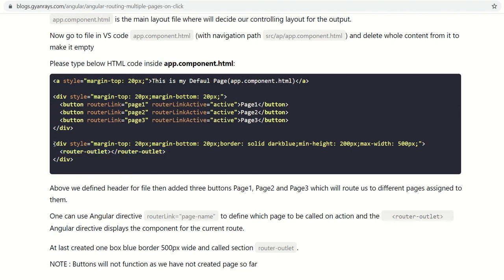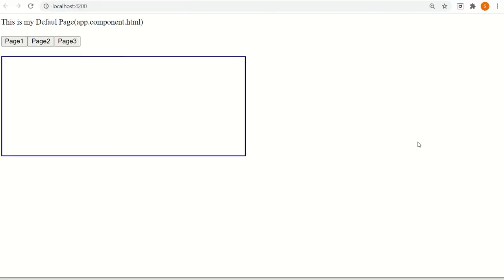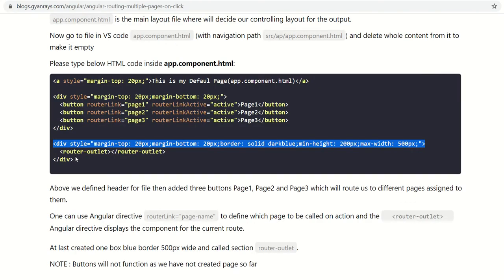If I do not call it under this box, what will happen? It will display content under this button's whole area. It will occupy the whole area and display the content size according to the content of a page, but it will show below these buttons. But now I want to display the data under this box, not outside this box. Therefore I have written this command within this box.